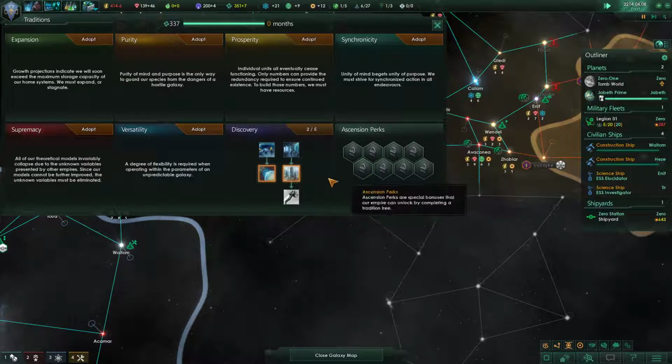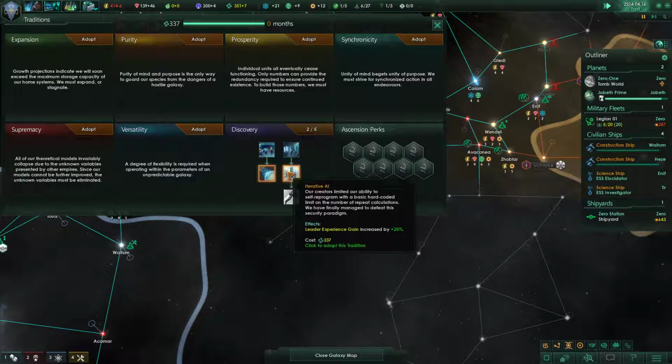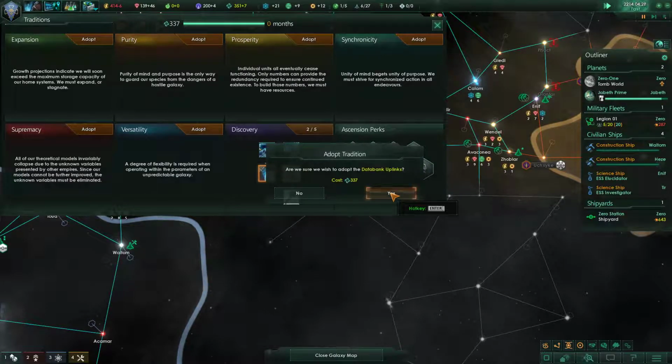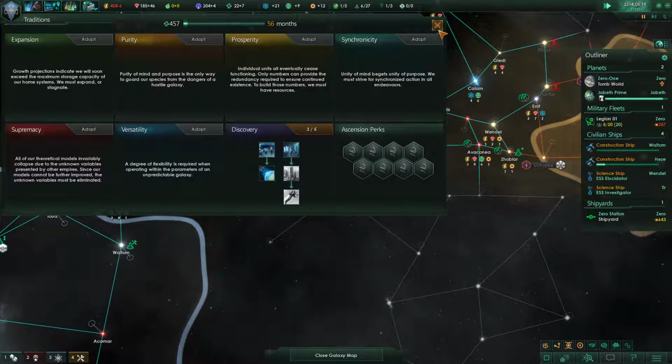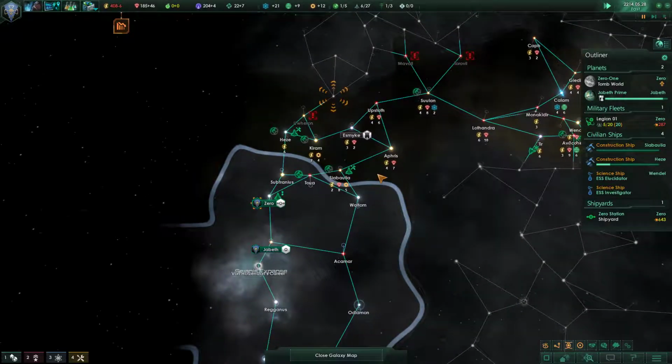We have a tradition available. Iterative AI would get us more leader experience, or there's this assist research on colonies. We'll go ahead and grab this, get this out of the way. High-capacity quantum bands dedicated to databank transfers make possible virtually completely synchronous research operations across vast distances. Excellent. Just what we needed. Which, actually, it is just what we needed, but...